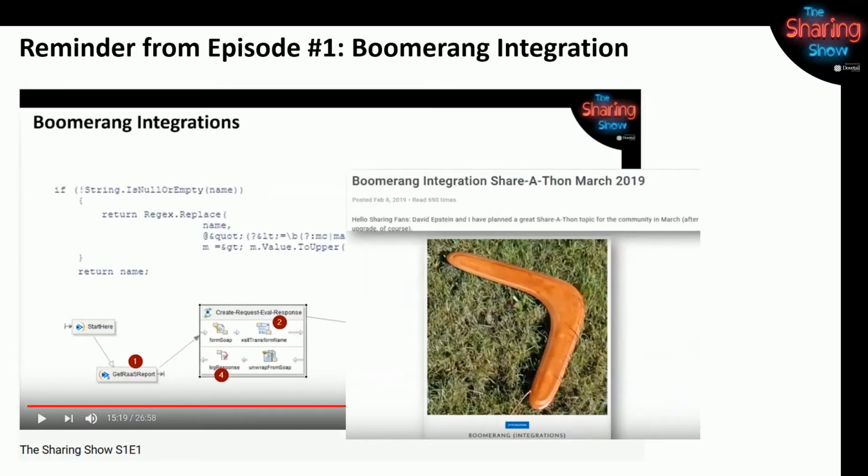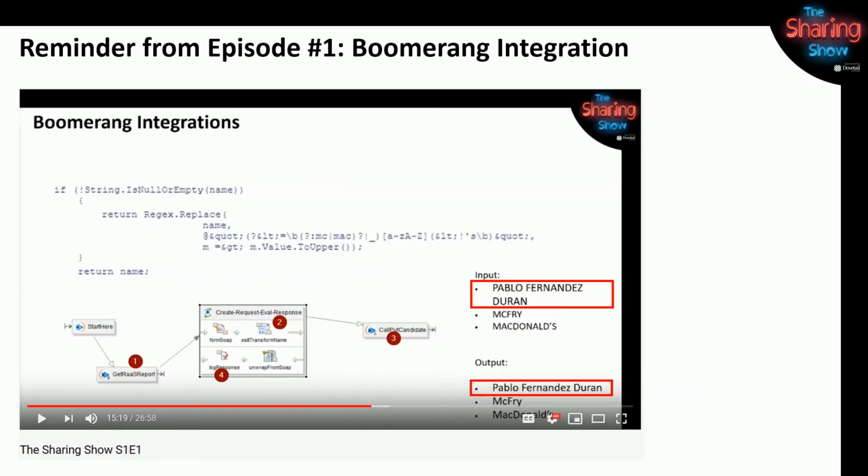Well, I think I'll start this, and then Logan, maybe I'll pass it back to you. I want to start by sharing that our friend Mike, who was in episode 1, the very first airing of the sharing show, with a fantastic boomerang. I'll show a picture of it here. It was an issue he was having with recruiting, where people have all-capitalized names on their resumes, and they found their way into Workday, got hired, and he fixes it by pulling those names out, doing the logic in the middle of the boomerang, and then pushing it back in.